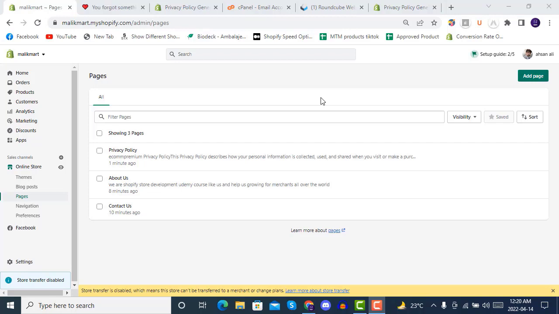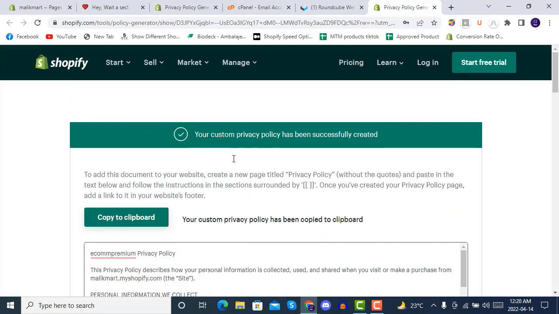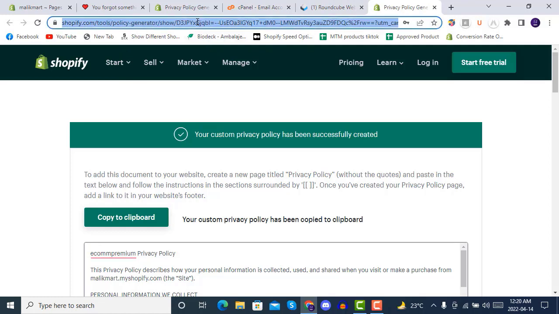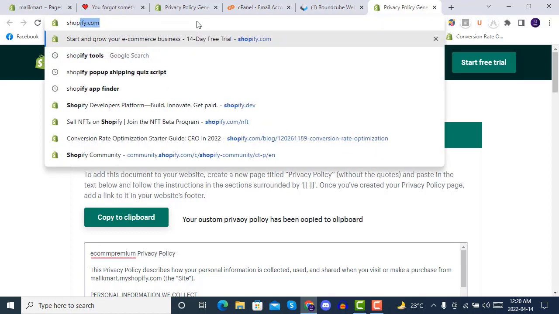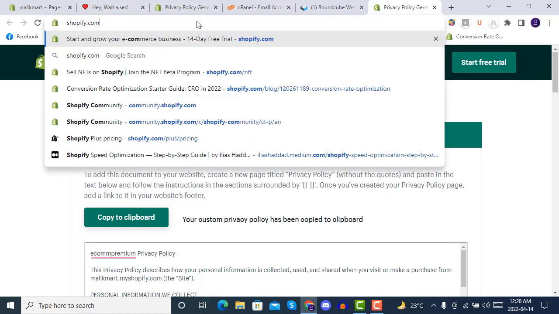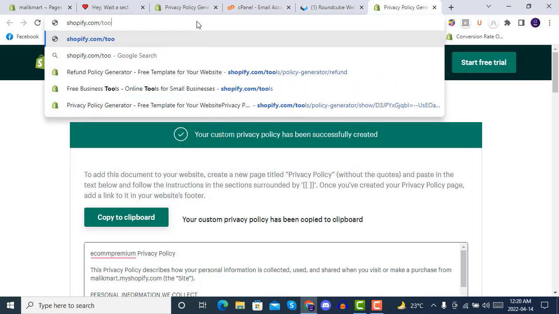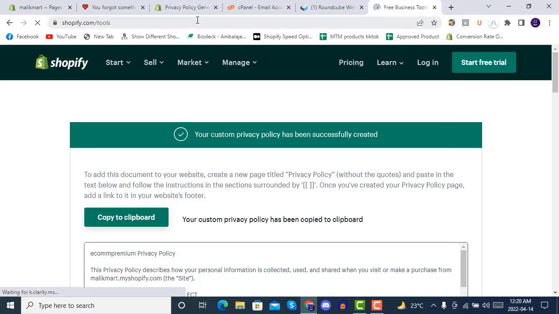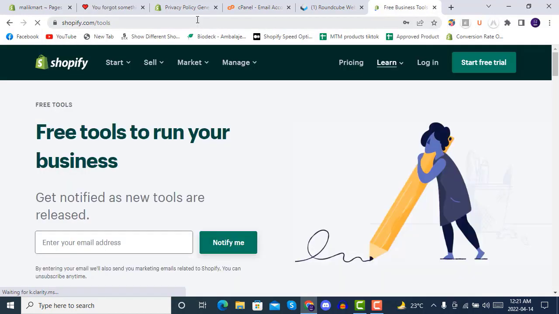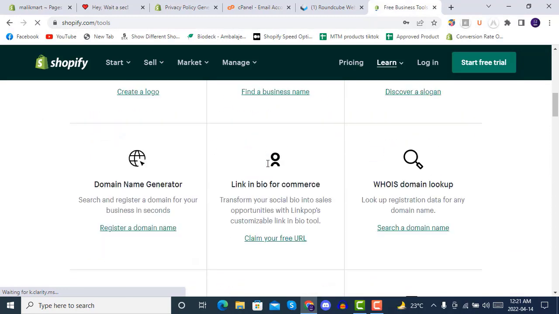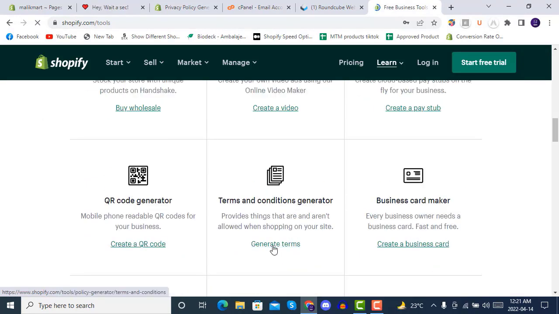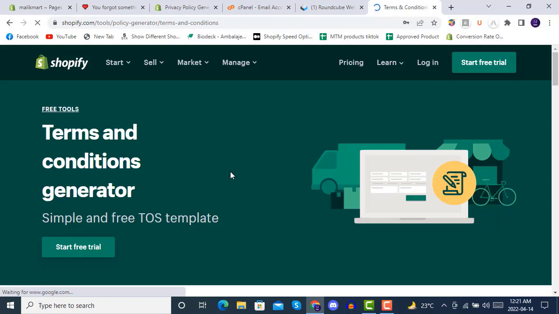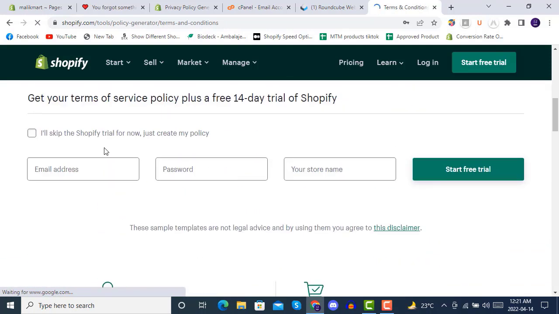In this lecture, we will see how to create a terms and condition page. And the same thing, like you have to go on to business tools, shopify.com/tools. It will take you to this website. In here you have to search for terms and conditions, generate terms, click on it, and once you will be here, just check this out,